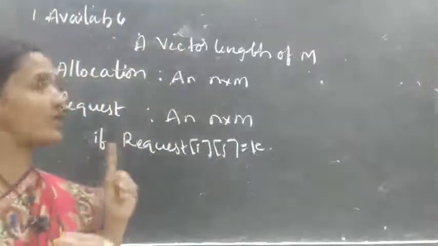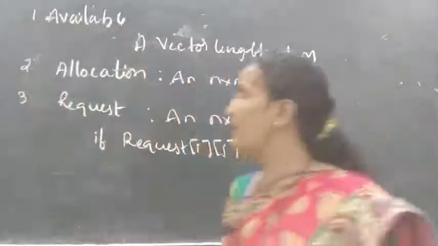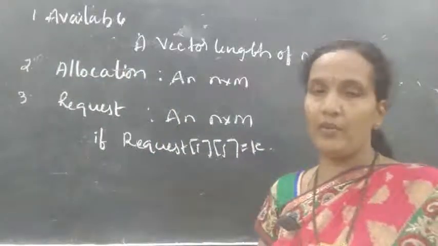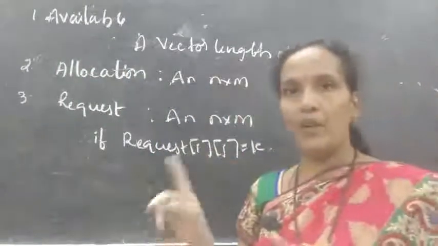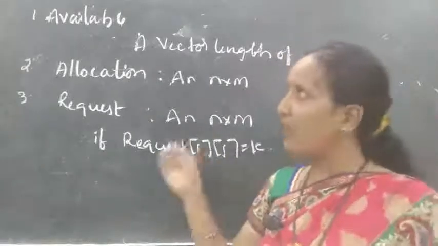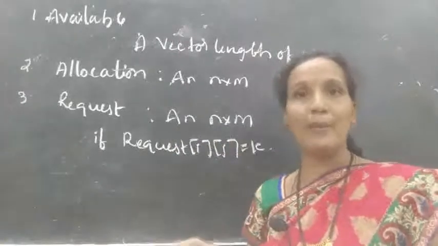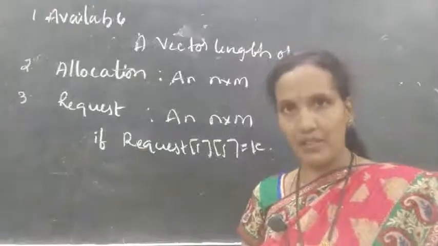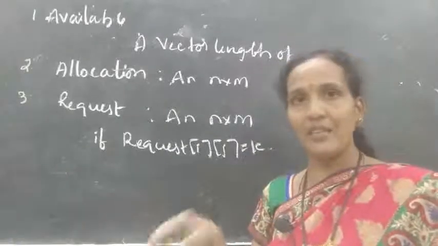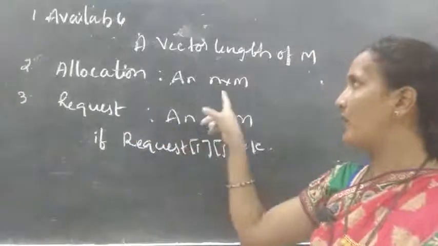Here you can see the data structures of the deadlock detection algorithm if the resource type has multiple instances. Here we have three data structures. First one is Available, meaning how many resources are available. It is a vector of length m. I have already explained this in the Banker's algorithm. So a vector of length m means the total available resources. Here m represents the number of resources, and n represents the number of processes. Available of m means the number of resources available. Now come to the second one, Allocation, an n cross m matrix.